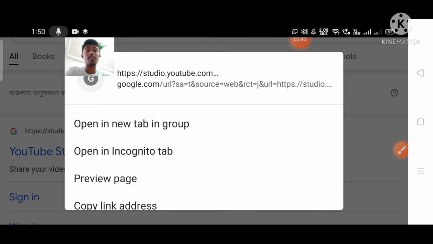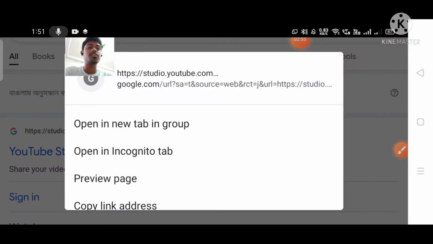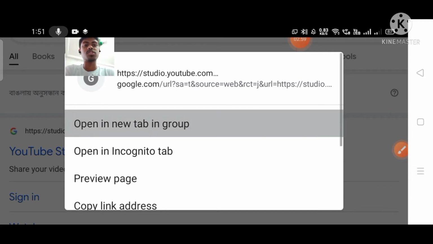For those who have the YouTube Studio app, if you tap it, then the YouTube Studio app will open. I don't want the Studio app to open, so what you have to do is just click and hold it, then you will find open in new tab in new group. Okay, so you just have to click on this.